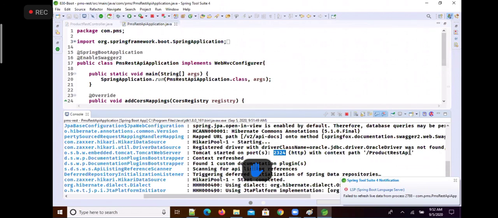It's running on the port number what? 2324. And with the context path is what? /product REST API.